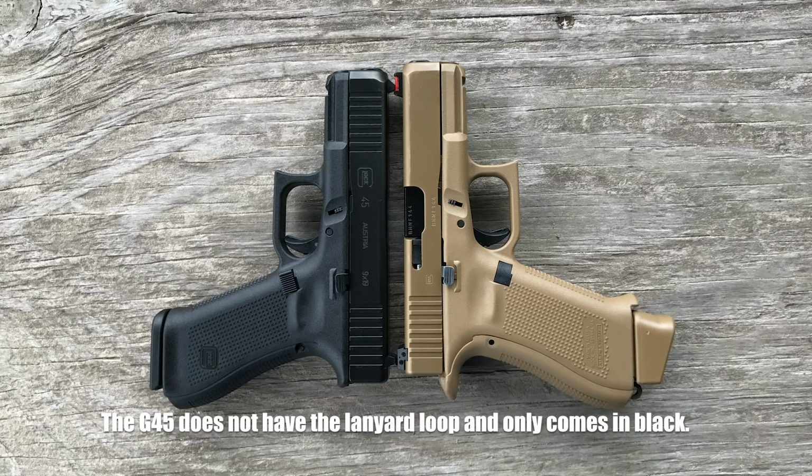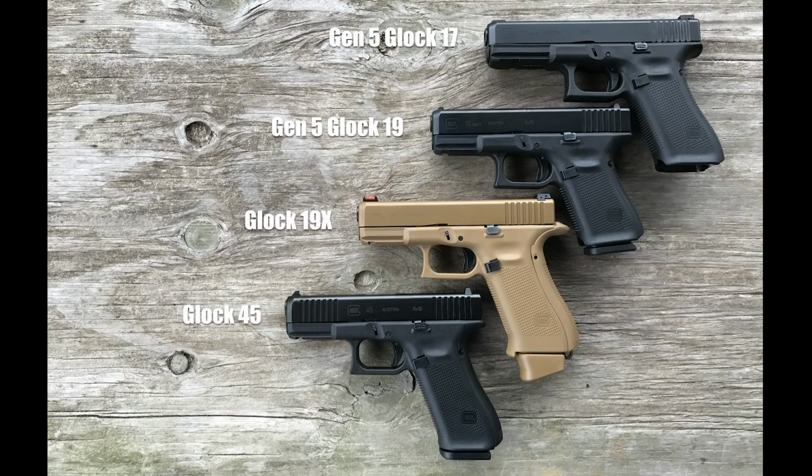So yes, while this is a lot like the 19X, because we do have a combination of the 17 frame and the 19 slide, that's kind of where those similarities end also, because this is more like, it's really taken a lot from the Gen 5s and the 19X, combining them, and again, moving on and making more of a Gen 6 19X is what it could have been,